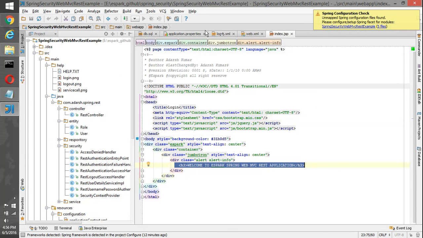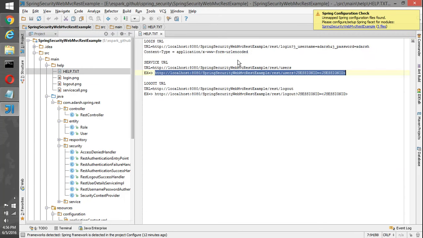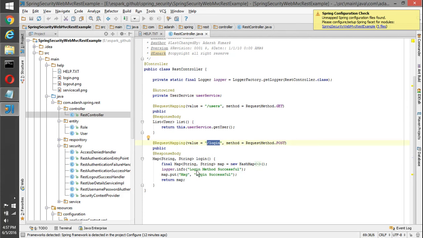And in the Java code, what we have, let's see. In the help we have a URL as well as data. So the first thing here is the controller. We have a REST controller. What it does basically, I already showed, is that the success handler's default success target URL is this. So it's going to return a login success message. And then we have another endpoint /user. It's going to get all the users in the form of a list, and that is marked as a response body. So this will be inserted in the response body.